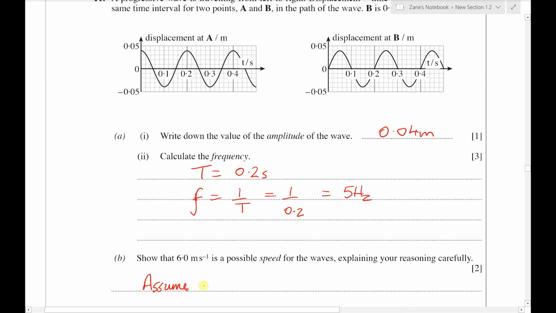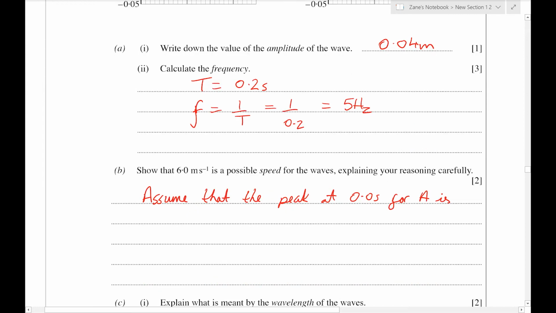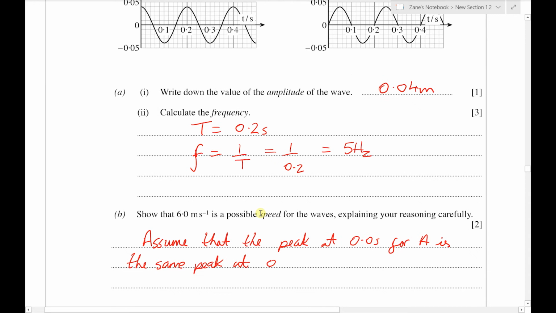So let's write down something like, assume that the peak at 0 seconds for A is the same peak at, let's just check that time, 0.05 seconds for B. So once again, it's just basically saying that this peak here, we're assuming that it has moved to